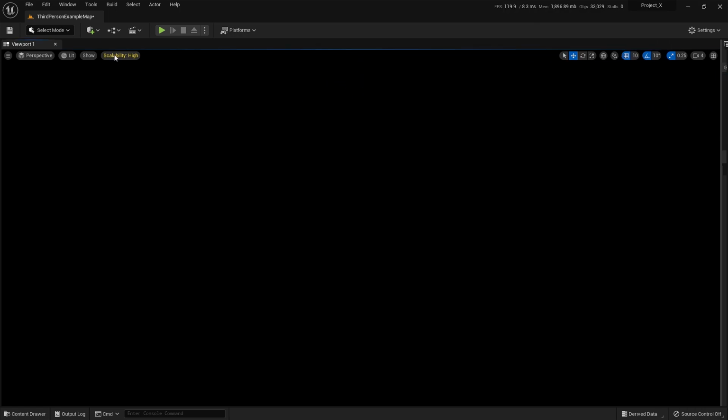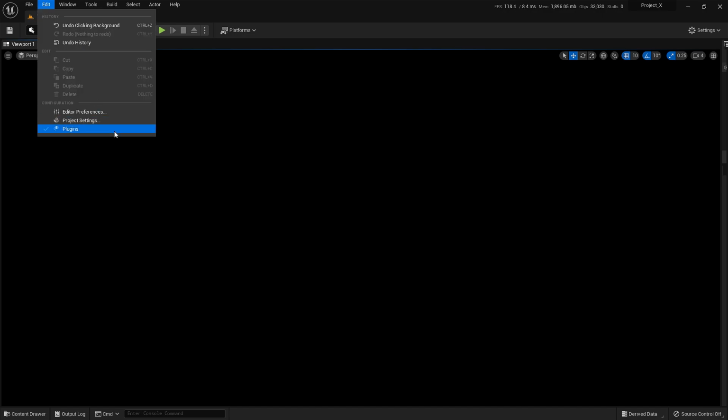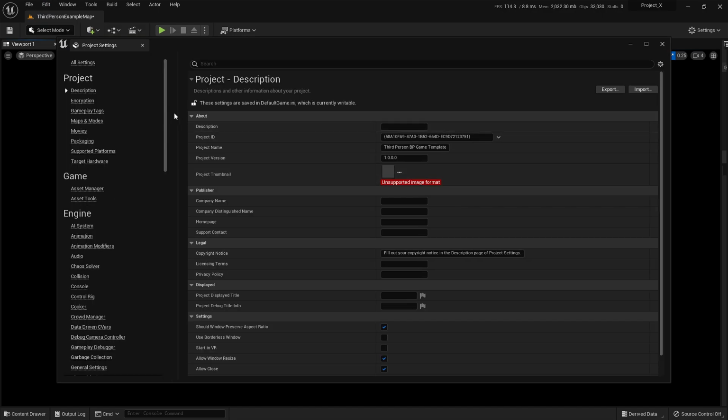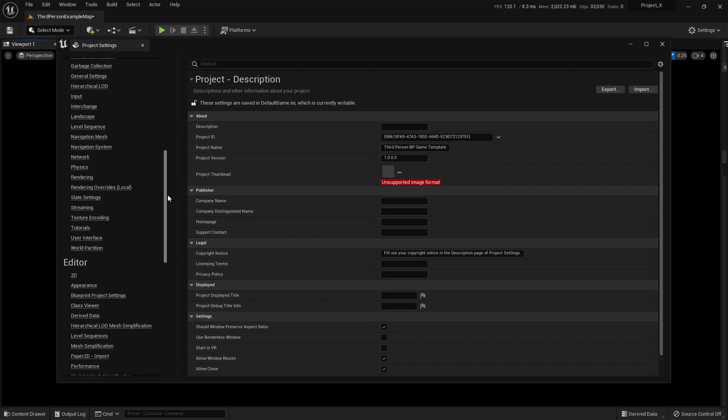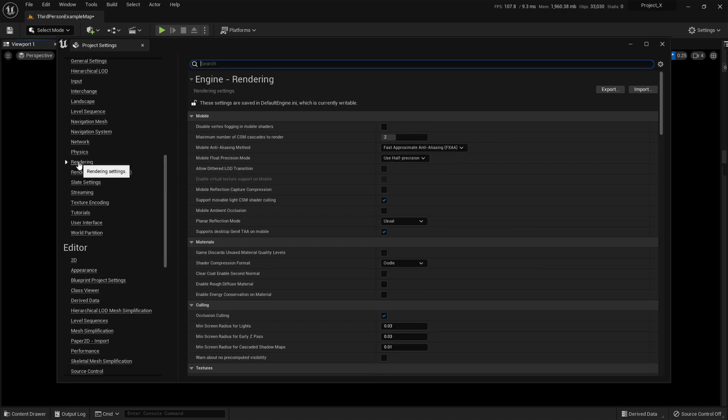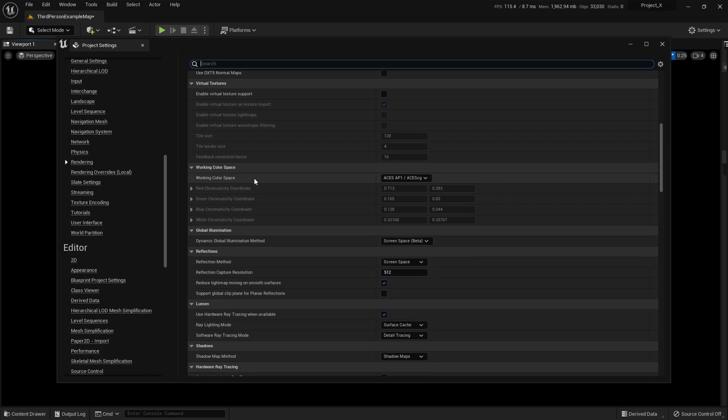So most importantly, guys, you want to go here, edit, project settings, and scroll this down, and let's go to rendering tab. And for working color space, you want to make sure to change the RGB to ACES AP1, okay,